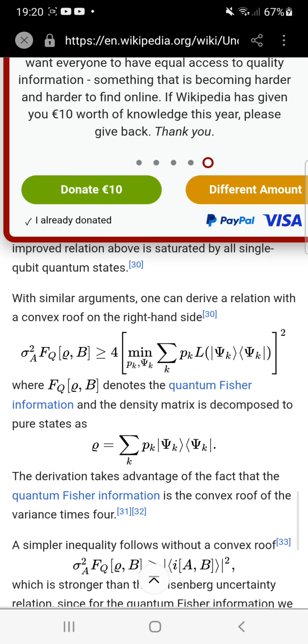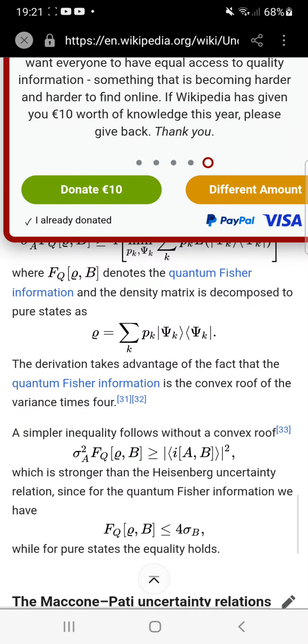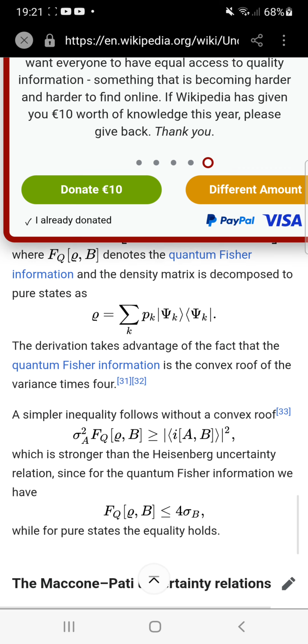With similar arguments, one can derive a relation with a convex roof on the right hand side. Sigma 2a fq Quachi b greater equal 4 min pk gk sum k pkl gk squared, where fq Quachi b denotes the quantum Fisher information and the density matrix is decomposed